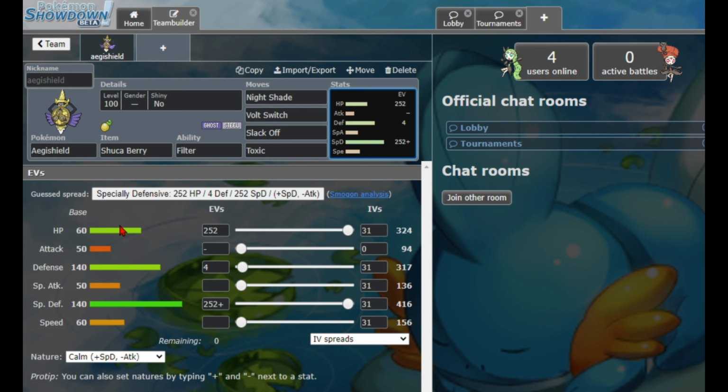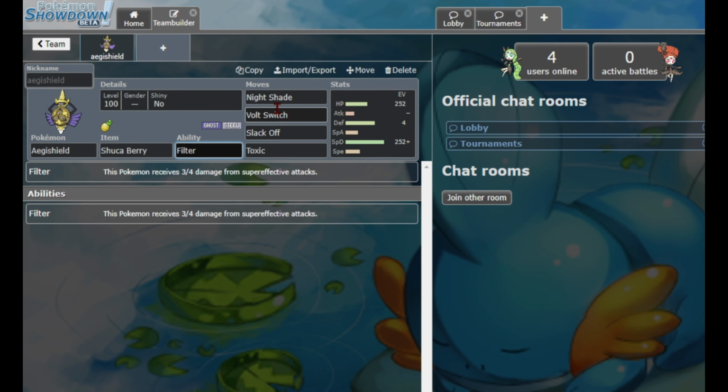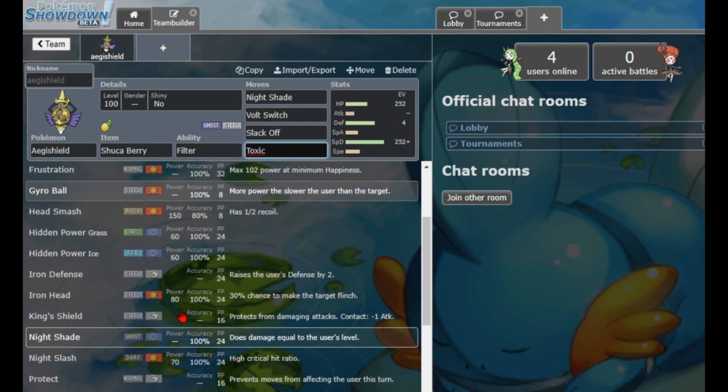Now the thing is, it faces competition from Damet and Zen, which has Wish, Parting Shot, and Doom Desire. This has a switching move that can be blocked, and while Slack Off is good, it's really good as recovery. Okay, it's better recovery than Wish, but Wish benefits your partners, so that's pretty bad, and it can be status. But yeah, it's still a really good Pokemon because Ghost Steel is a really good defensive typing, and with Filter